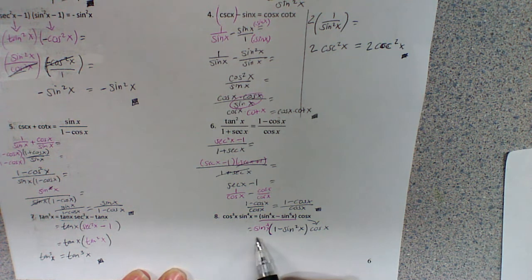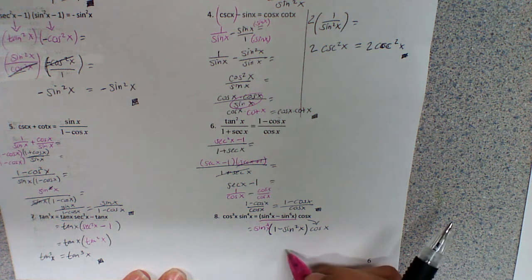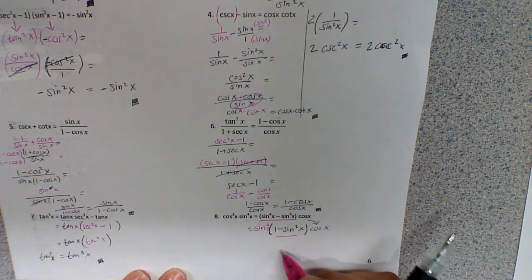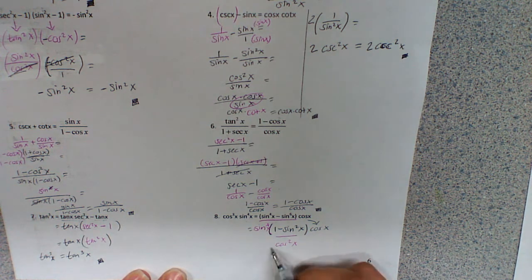But what I'm going to do now is look through, and I can't do anything to the sine to the 4th. I can't do anything with the cos right now. But again, 1 minus sine squared is another way that you can write your identity. So I'm going to rewrite this as cos squared of x. And let me pull everything back down,